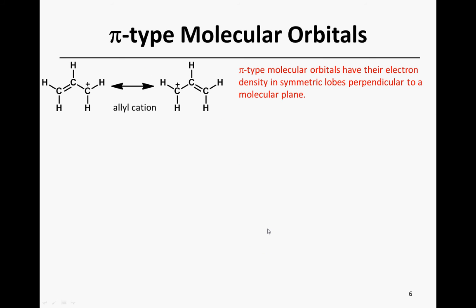Another classic system that is presented in every introductory organic course is the allyl cation, which consists of three carbons bonded together by a double bond, and one of the carbons being a carbocation. It exists as two resonance forms that can be drawn placing the carbocation on either of the terminal carbon atoms. I optimized the geometry using Gaussian 09 through WebMO, and you'll notice we have a nice symmetric structure about the center carbon. WebMO shows one of the bonds being a single bond and the other carbon-carbon bond being a double